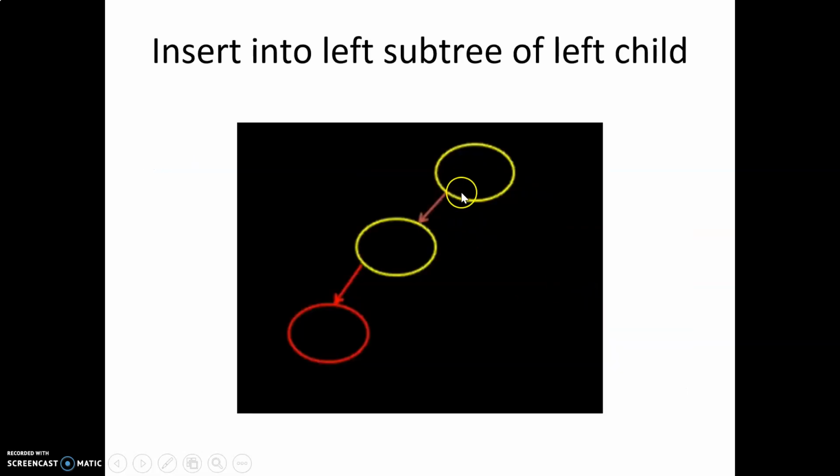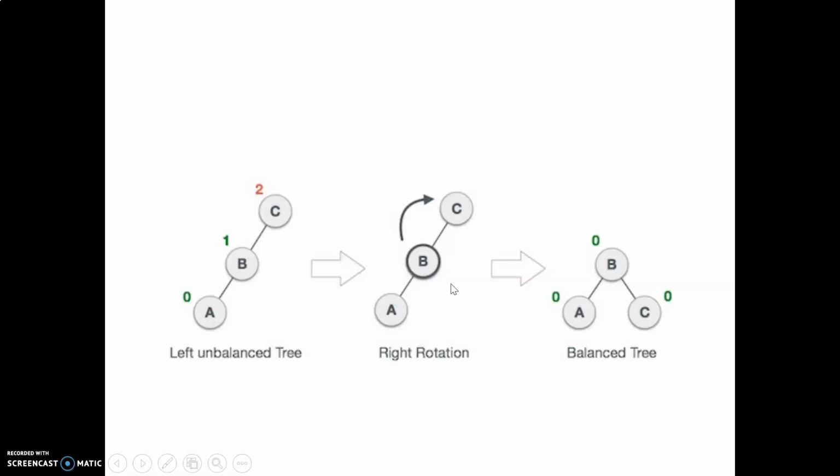Let us see again. This is my LL. The newly inserted node is in red color. It is towards the left of the entire left subtree. So we have identified it is an LL rotation. How to perform a rotation? If it is LL, a left side heavy tree, left side heavy means the unbalancing factor is towards positive. It is a left heavy tree, right? So LL rotation means you have to rotate towards right. So the unbalanced node will be rotated towards right. So this will come down and this will be my balanced tree, which has balancing factor 0.